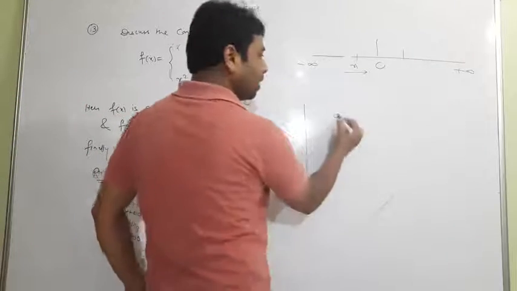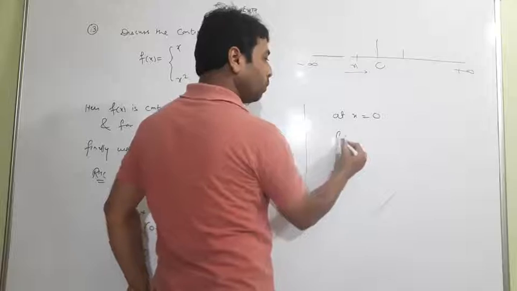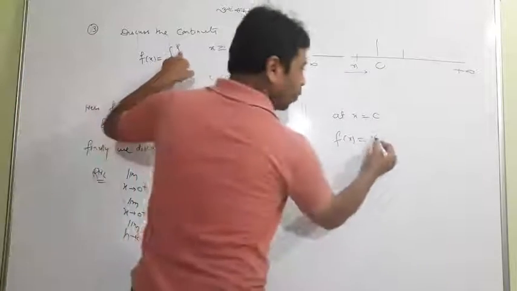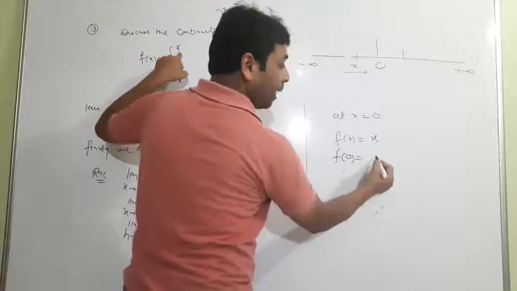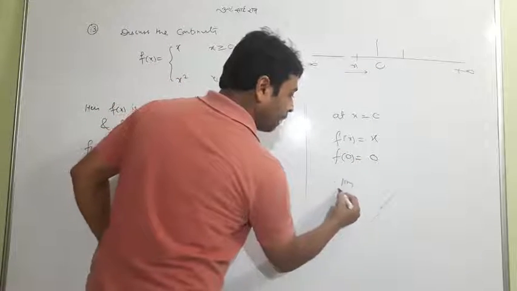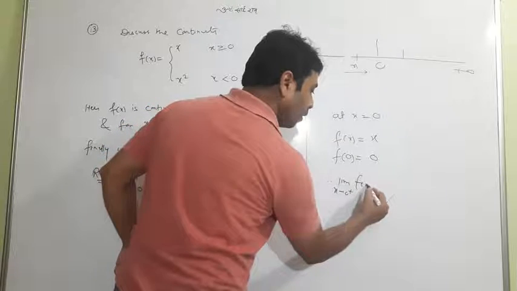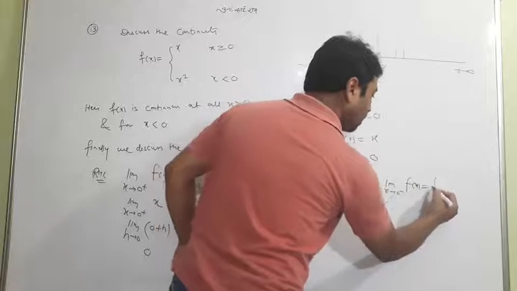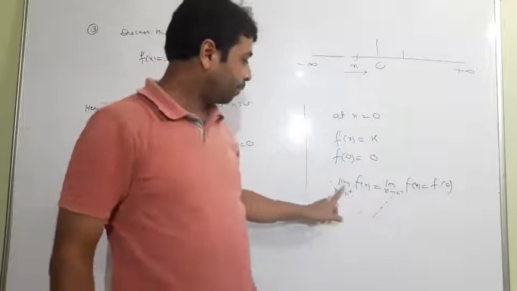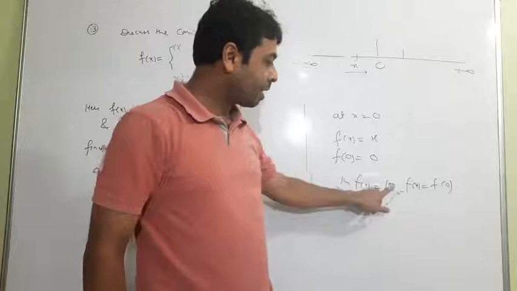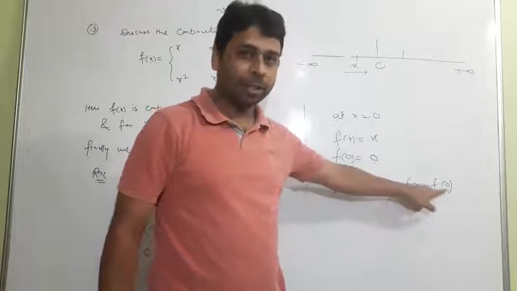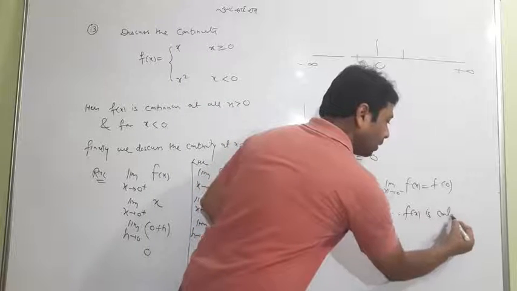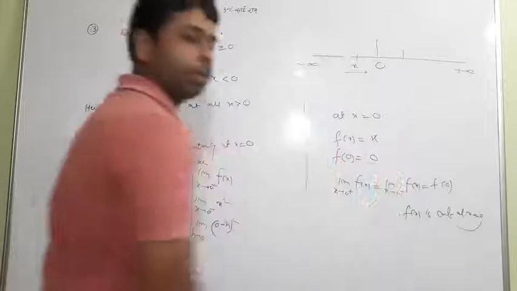Okay, now last sentence is at x equal to 0, what will be chosen? Function will be chosen at x equal to 0. Function is again x. When I choose f of 0, which is f of a like, it is again 0. Meaning what coming? Limit x tends to 0 plus function is coming equal to limit x tends to 0 minus function, and lastly it is f of 0. It is x tends to a plus, x tends to a minus, and f of a, like that. Function, if all three same, function is continuous at x equal to 0. That is the answer of this question.